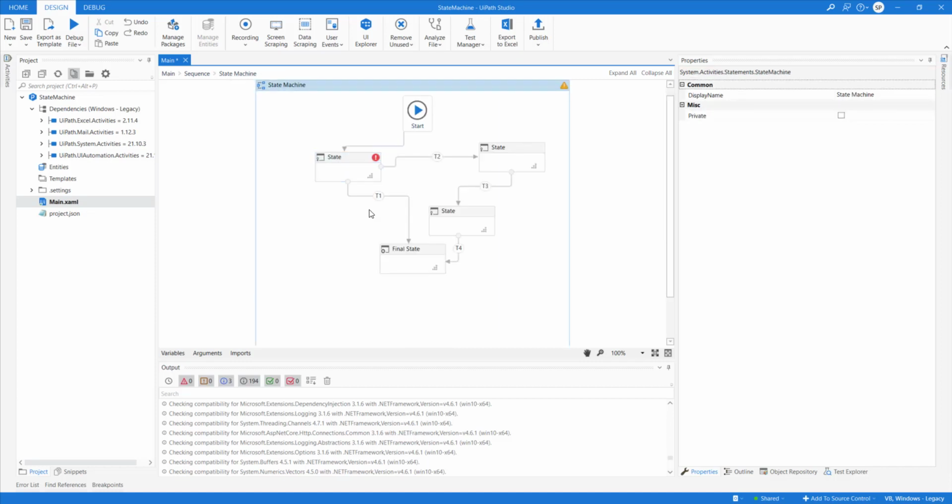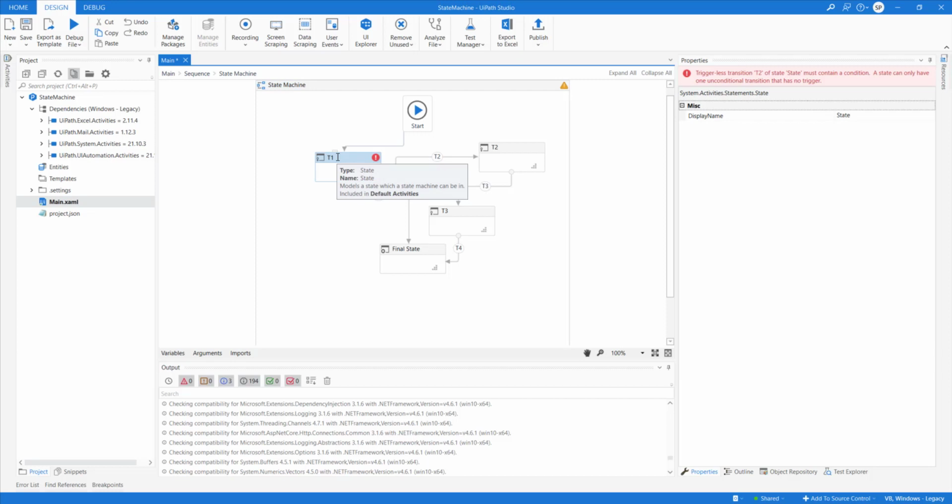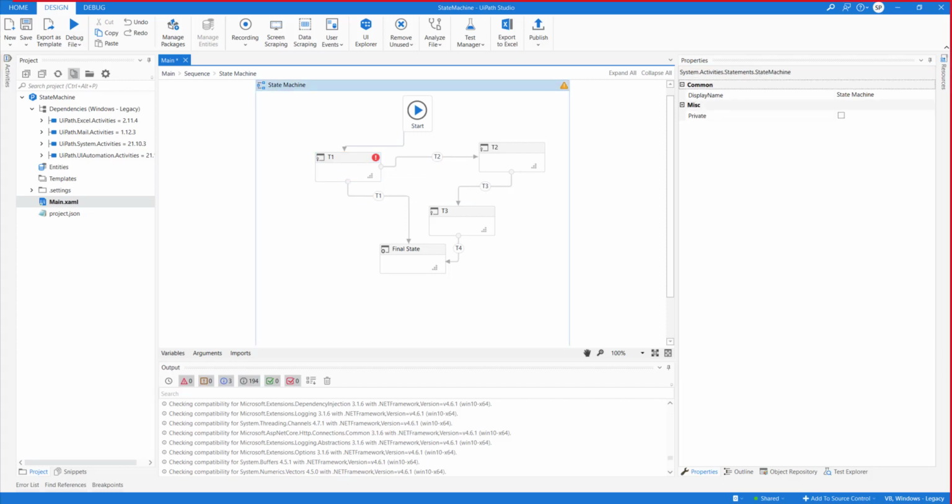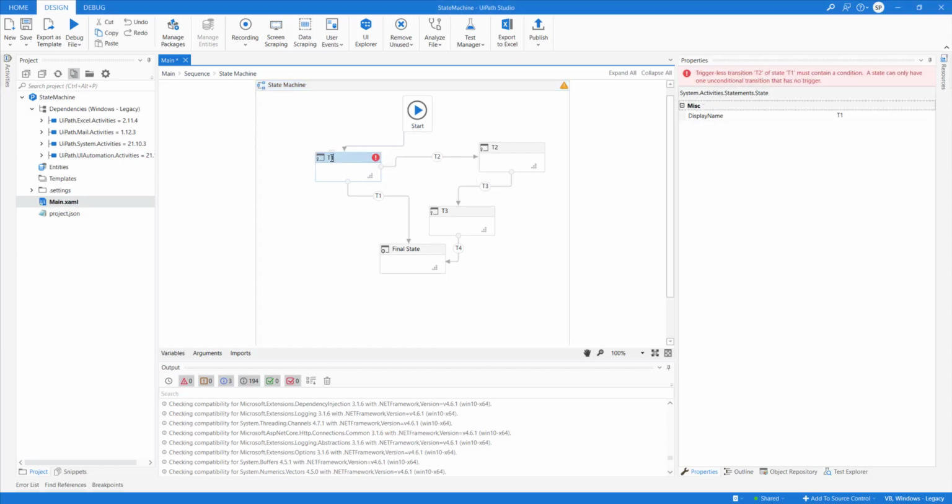So let's quickly go back here and change these names to something else, T2, T3, T1, because you can get confused with the transitions. Yeah, that's perfect. So let's say S1, that would be much better, right?